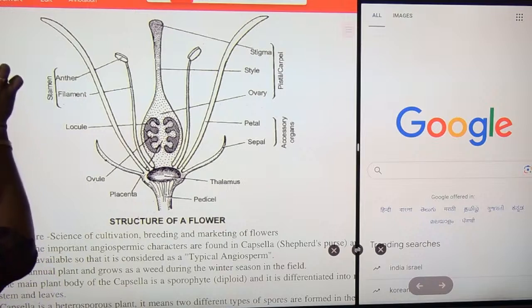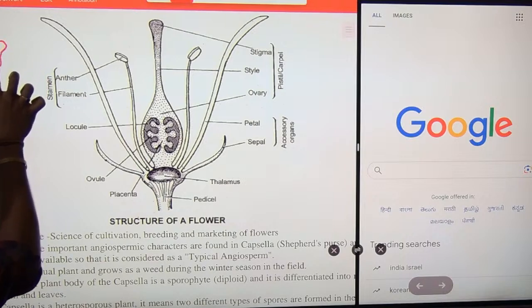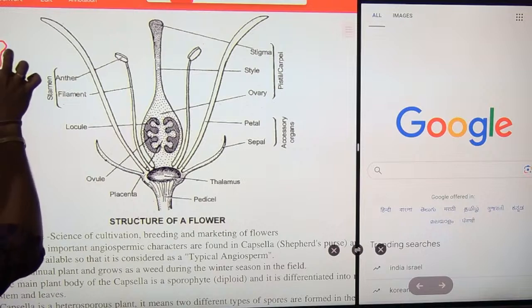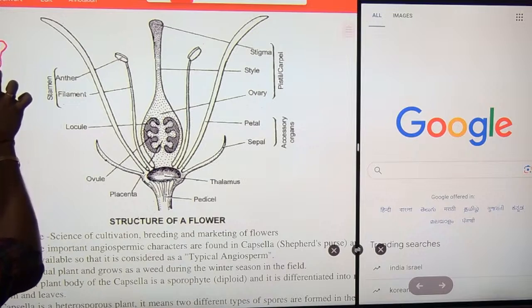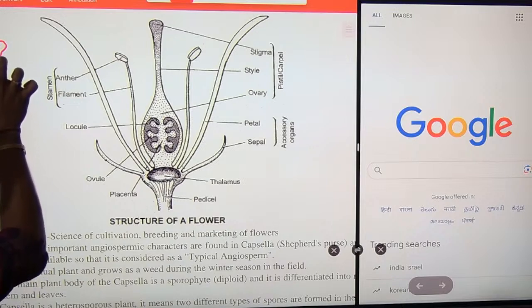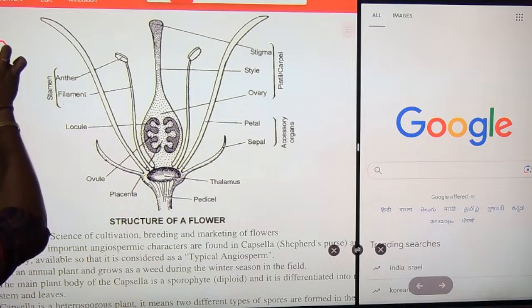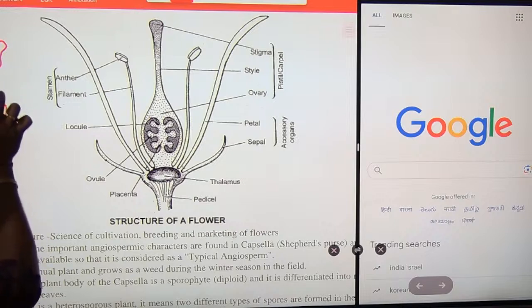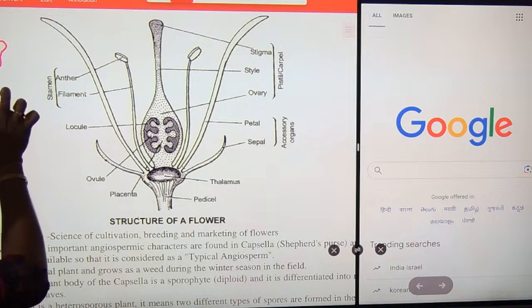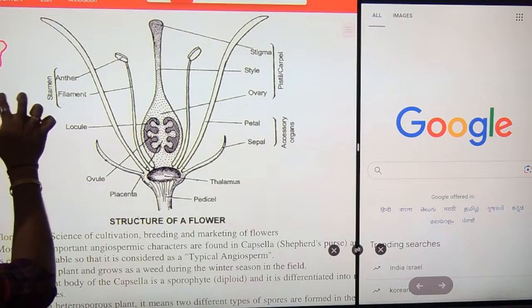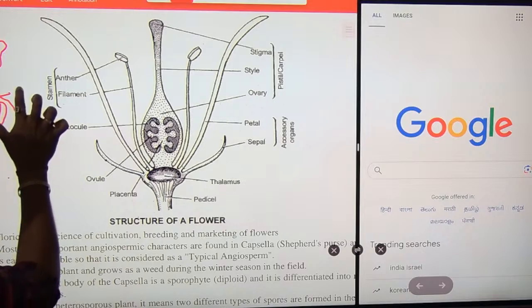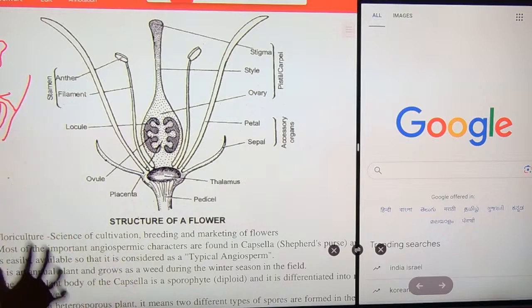Let's say it's a flower. It's a petal. Let's say it's a carpel. Let's say it's a stamen. Okay. So petiole is a portion by which it is attached to a branch. Okay. Let's say